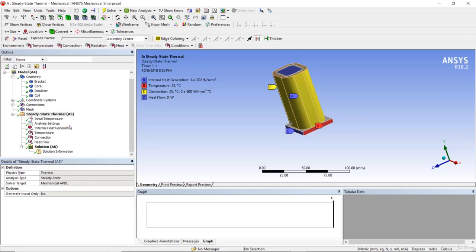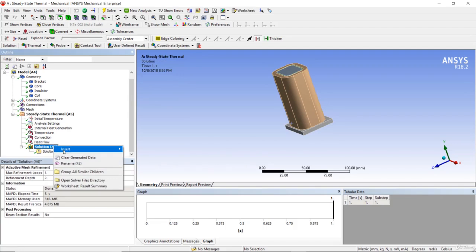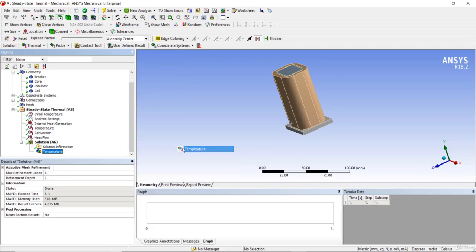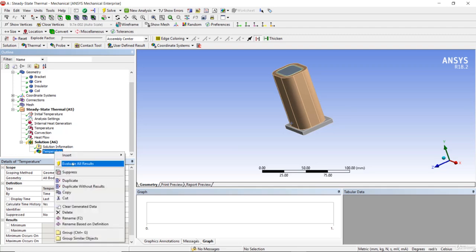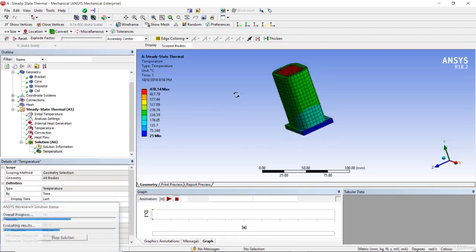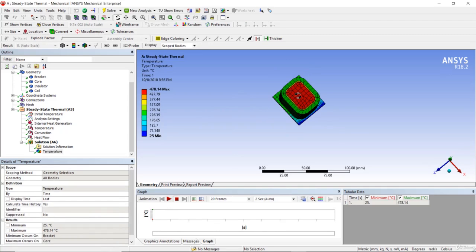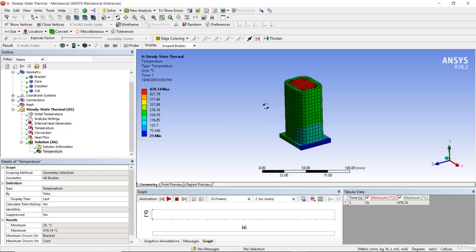Once I solve this particular problem, I am going to right click, say insert, go to thermal, go to temperature, and right click and say evaluate all results, and see the maximum temperature is at the core. This particular insulator at the middle is keeping this heat from going away to this copper alloy, the copper coil. Then coming to the next stage, we need to create a path, and we need to define